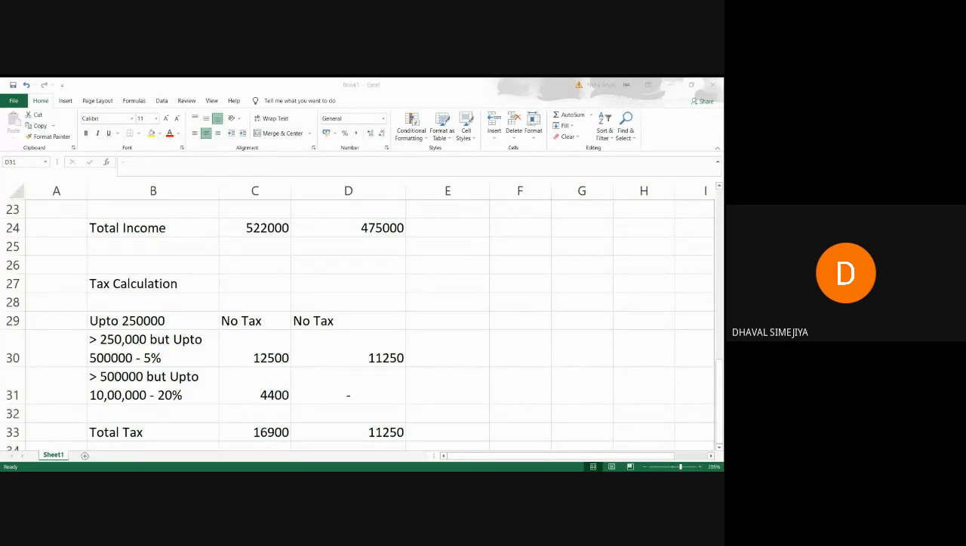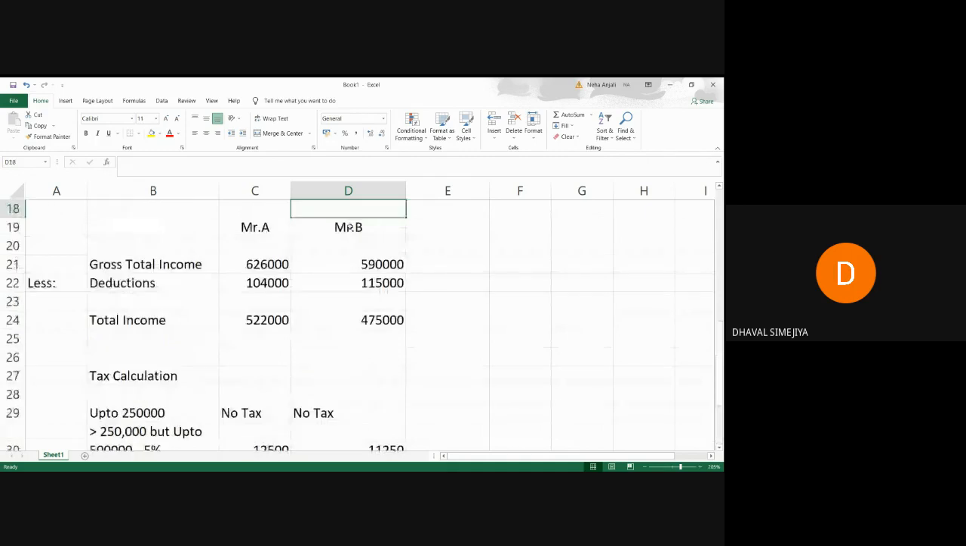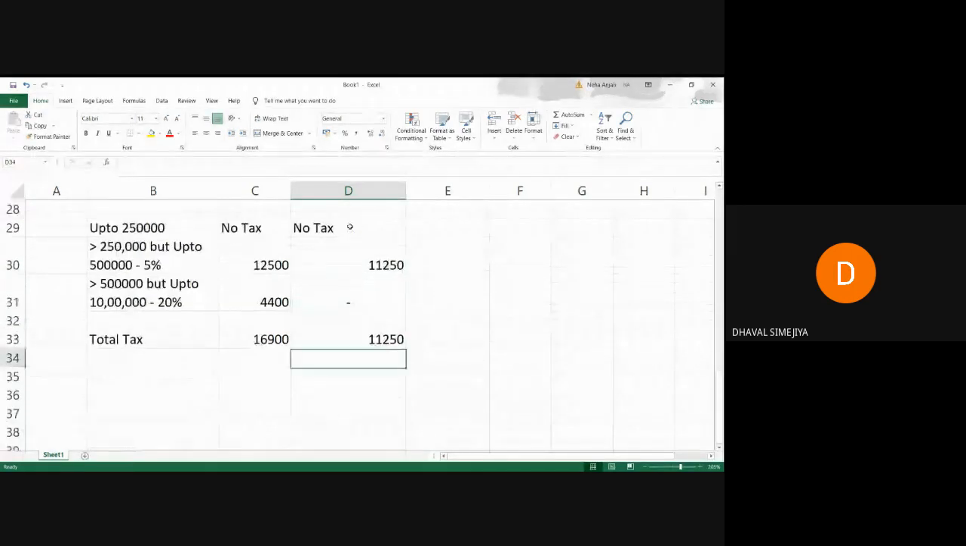Mr. B, only B. Okay, so why? Rebate will be available to those whose total income is less than 5 lakh rupees. Now here, Mr. B, whose total income is less than 5 lakh rupees, will be allowed rebate